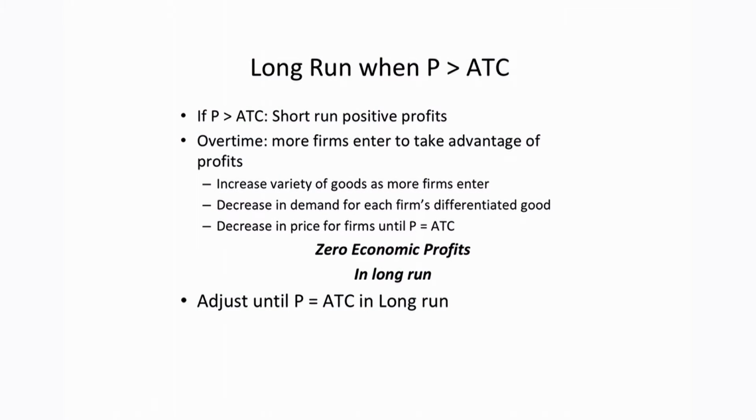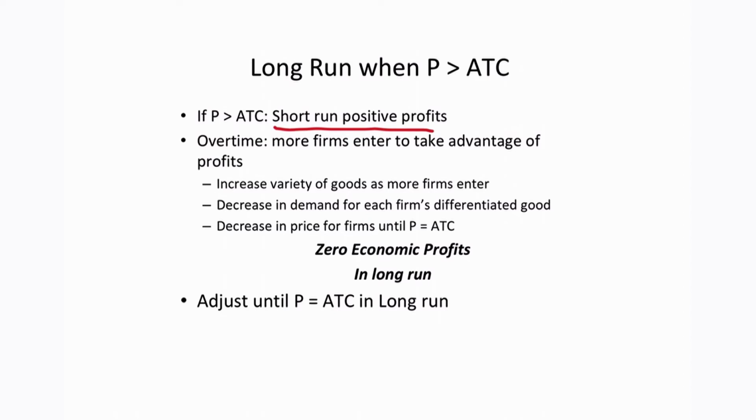So, what do we observe in the long run? If the price is greater than average total cost, in the short run, we have positive economic profits. But over time, more and more firms are going to enter into this market to take advantage of those positive economic profits. As a result, this is going to cause a shift in the supply curve. The shift in the supply curve is going to cause downward pressure on the price,